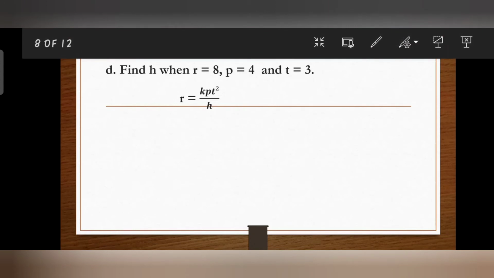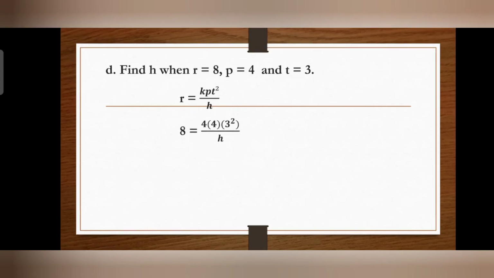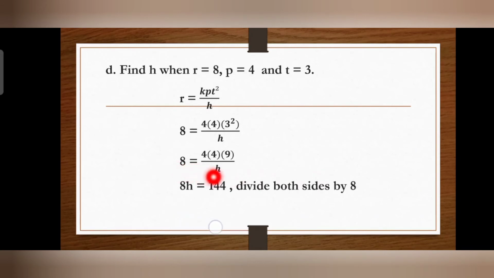Okay, so R is 8. So, 8 is equal to, our K is 4. 4 times P is 4 times T squared, 3 squared divided by H. Since H is what we are looking for. Then, 8 is equal to 4 times 4. 3 squared is 3 times 3 is equal to 9. Then, you cross multiply. This, 8 times H is 8H is equal to 4 times 4 times 9 is equal